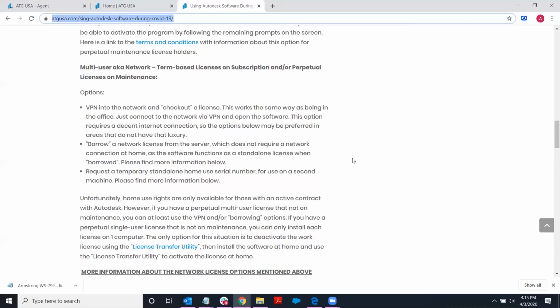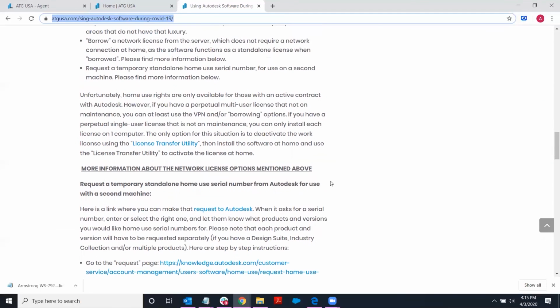So in other words, if you don't have an active contract, you're only allowed to have your seat on one machine if it's a single user, but you can use the license transfer utility to deactivate it and then activate it on a different machine. So that is, in a nutshell, what your options are for using Autodesk software at home. And if you need more information about how any of this is done,